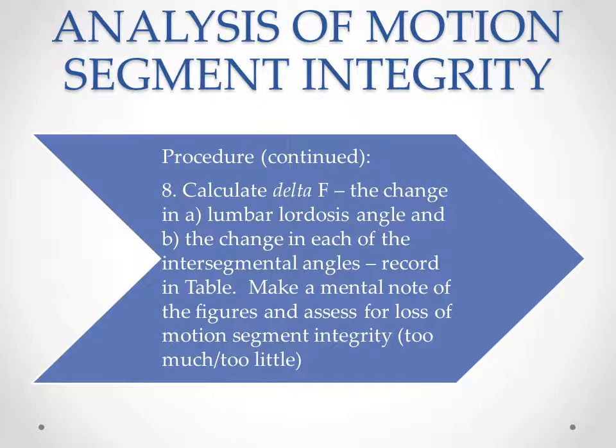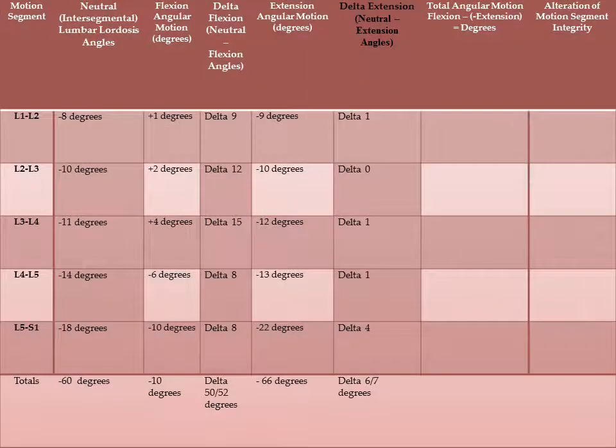As we did before, we're going to calculate the delta E now, which is the change in lumbar lordosis angle in moving from neutral to extension, both globally and then in each of the intersegmental angles. And again, we're going to make a mental note of the figures, and we're just going to mentally assess for alterations of motion segment integrity, whether there's too much motion or too little motion. So back to our table,